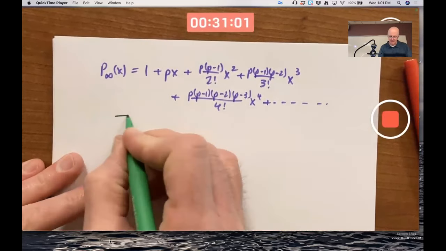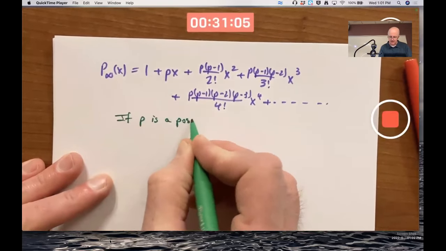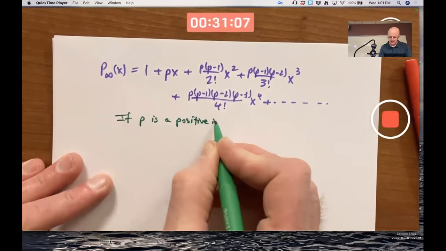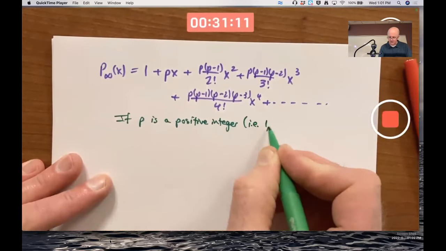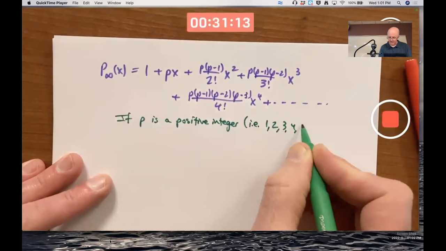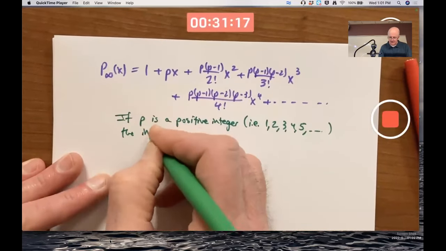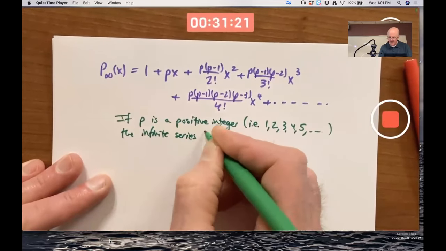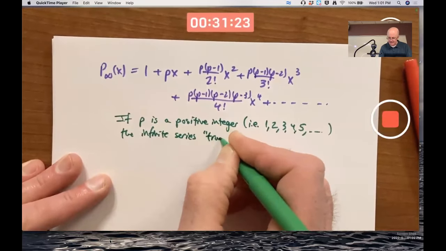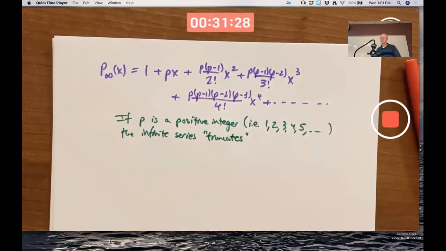If p is a positive integer, in other words, 1, 2, 3, 4, 5, etc., the infinite series is said to truncate. It truncates and becomes finite. A finite polynomial, in fact,